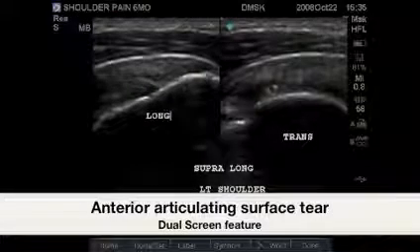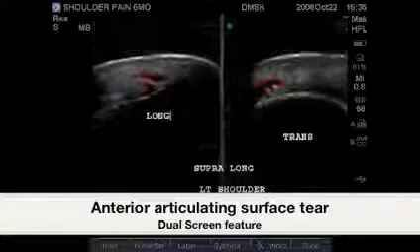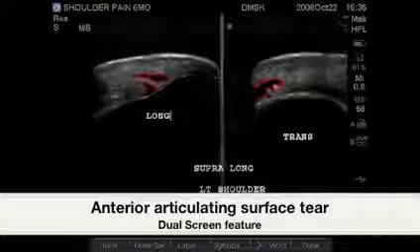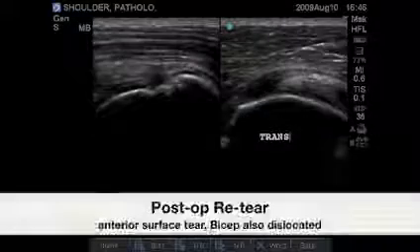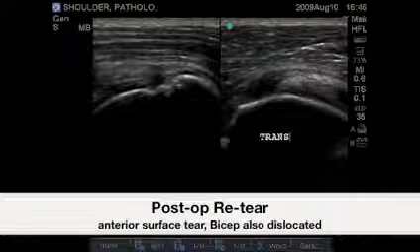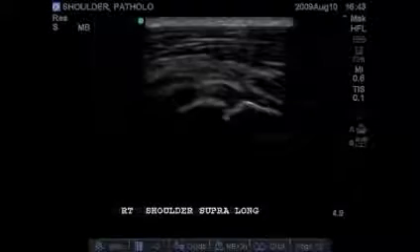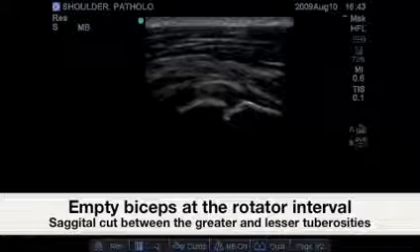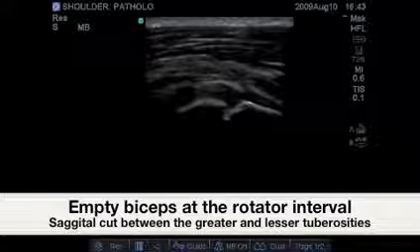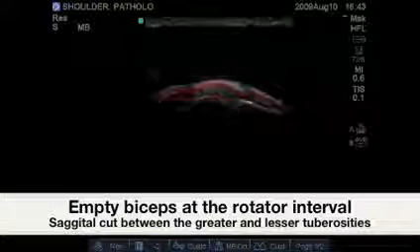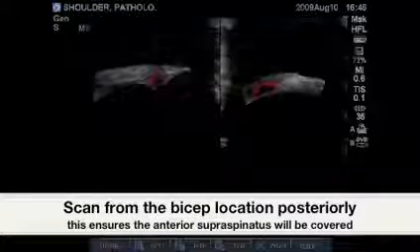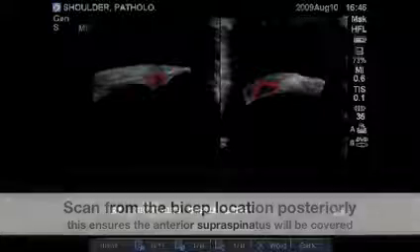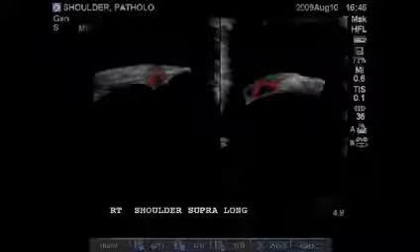Here we have anterior articular surface tearing demonstrating volume loss as hypoechoic absence of tendon fibers. Here we have postoperative re-tear of the anterior supraspinatus tendon. Locating the exact site of this tear is difficult as the bicep tendon is not in its normally situated bicipital groove. Scanning from the empty biceps groove posteriorly will reveal our first and best landmark of the lateral greater tuberosity